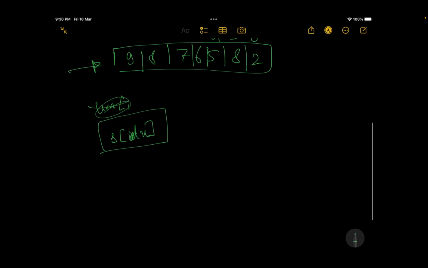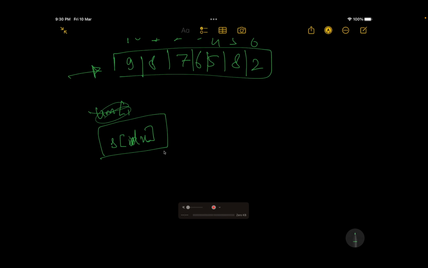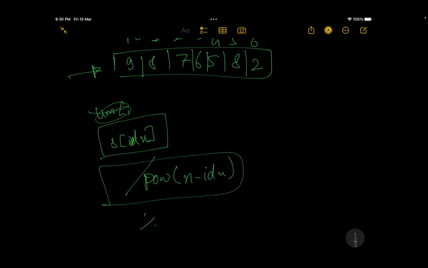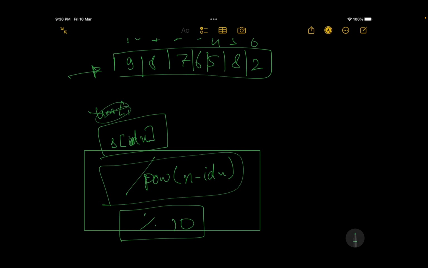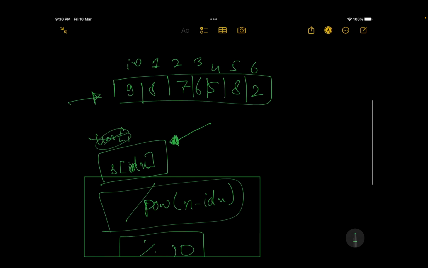It's not impossible, but you firstly need to divide it by the power of n minus idx, and then take a modulus with 10 itself. This is a bit tricky for me, so I prefer using this particular method. Now it's up to you, whatever you want to use. As an example, let's say I want to check what is the element at index 1. If a string is given to me, I can simply say string at index 1.